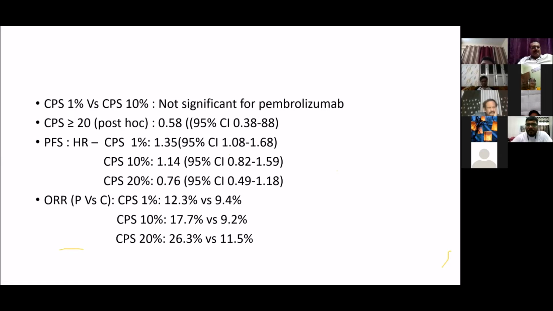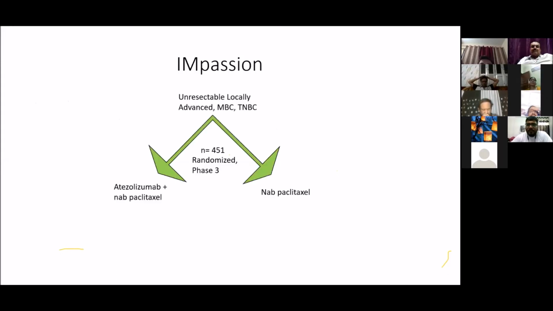But the overall response rate of pembrolizumab in breast cancer was around 23-25%, which was not up to the mark. It was also said that the tumors might be immune cell deficient. If there are no immune cells, there is no point of that PD1 and PDL1 interaction taking place to benefit the patient. So there are two things which are known to increase the immune cells in the tumor region. One is chemotherapy and the second is PARP inhibitors. So this was the basis of the next trial, which was published maybe in early 2019.